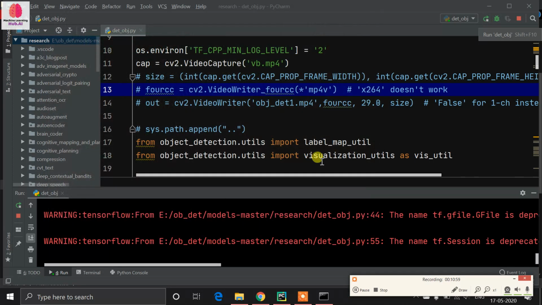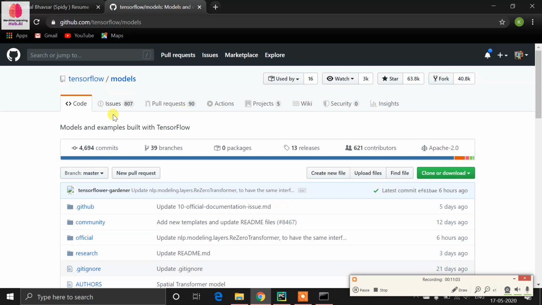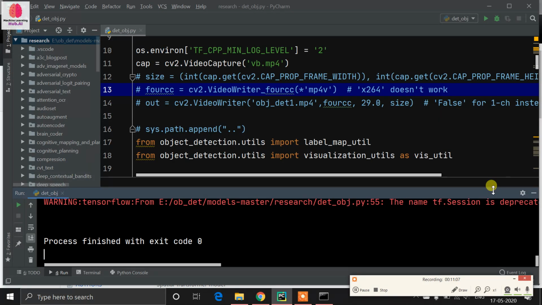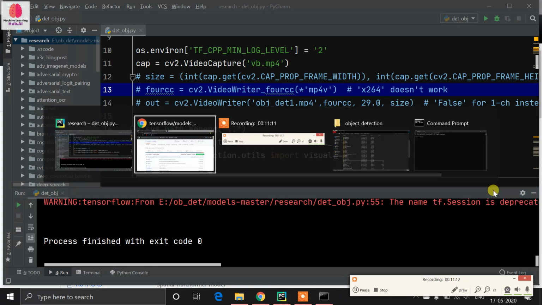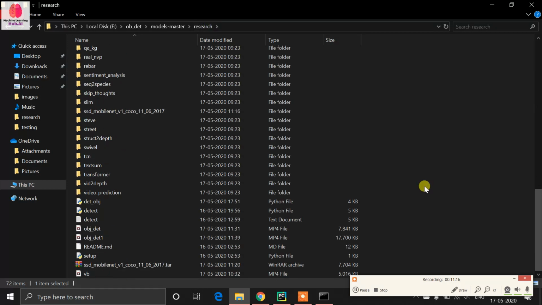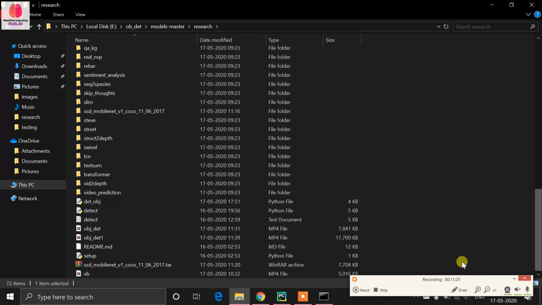So I'm closing this. Guys, once again I am repeating the steps. If you did not get it, just download from this repository, remove the object detection folder from it, download my object detection folder, and put it in there. So now this research directory will be your working directory. Create a Python file, or just copy the Python file from my object detection directory and paste it in the research directory.